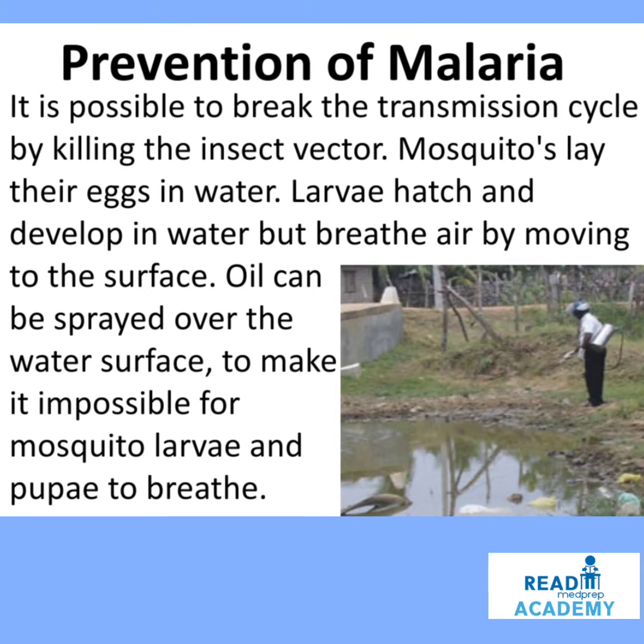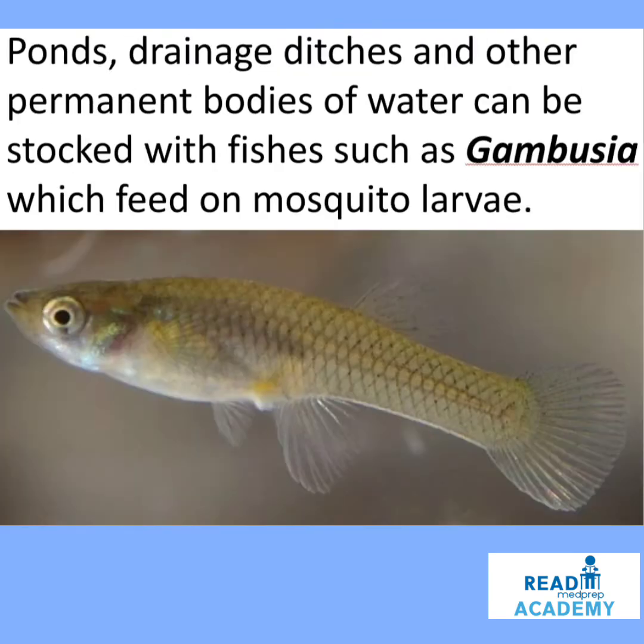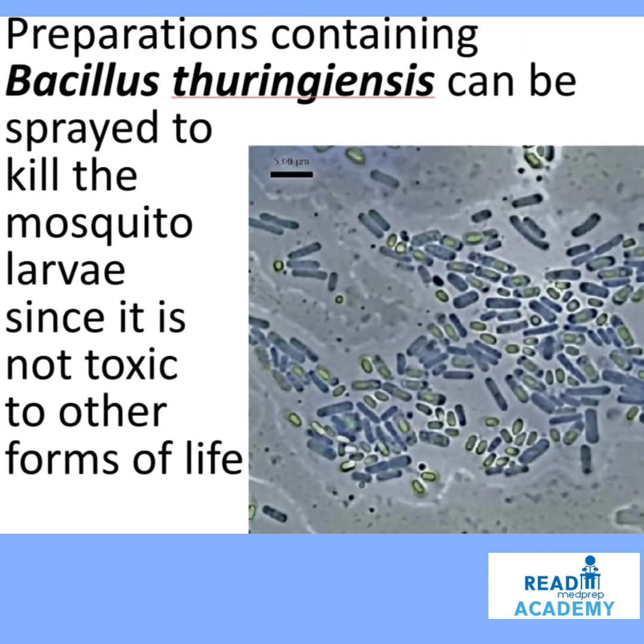Oil can be sprayed over the water surface to make it impossible for the mosquito larvae and the pupae to breathe. Ponds, drainage ditches and other permanent bodies of water can be stocked with fishes such as Gambusia, which feed on mosquito larvae. The image is given below. Preparations containing Bacillus thuringiensis can be sprayed to kill the mosquito larvae since it is not toxic to other forms